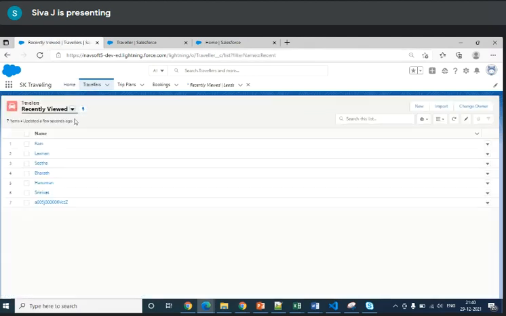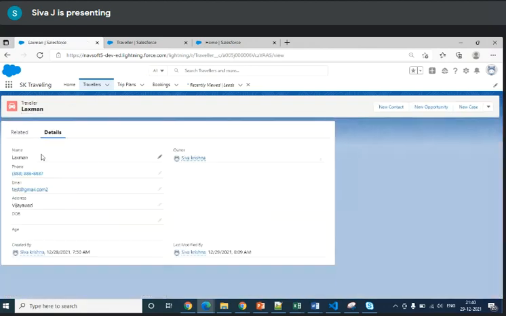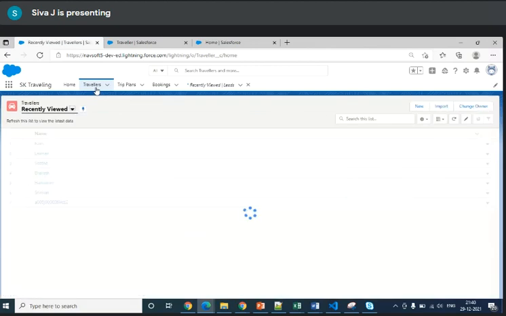Then go and see what values have been updated. These are the values only, like Ram, Lakshman, Sita, or whatever. These are the names we have updated, right? You can open any of the records and see that the number and the name have changed. Clear for update for everyone?